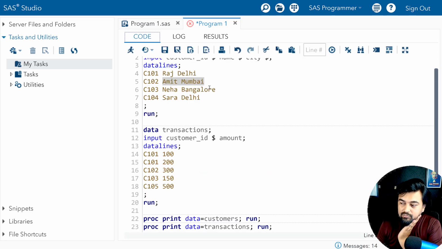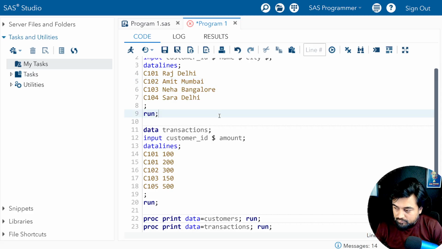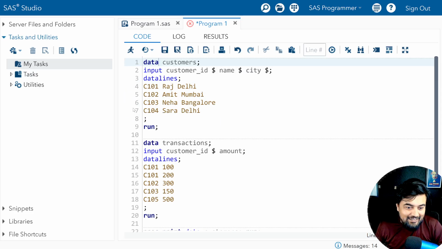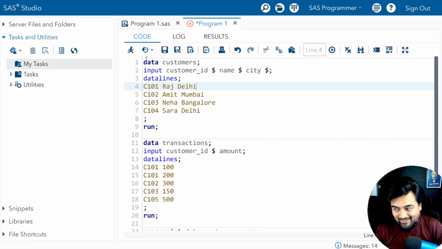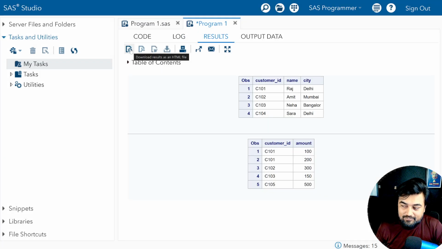I selected that line and it only ran that particular line, so make sure you don't select that. Let's quickly run the whole code now. You can see you have one table with customer ID, name and city of the customer, then the customer ID and the amount. Now to use select and where,